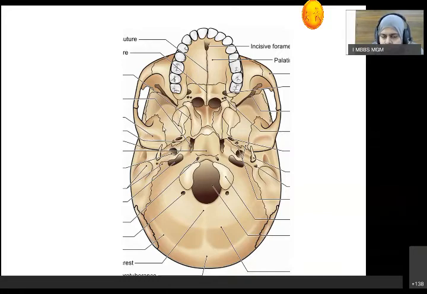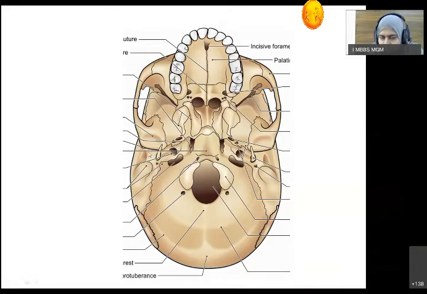The tympanic part of the temporal bone, this curved bony plate, is also known as the tympanic plate. This forms a covering of the external acoustic meatus. Its anterior end is continuous with the petrous part of the temporal bone, whereas its lateral border is free and curved. We'll discuss this hopefully in our LCDs whenever we meet in the college.